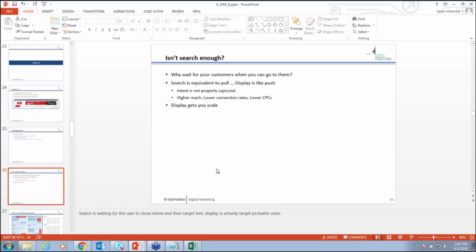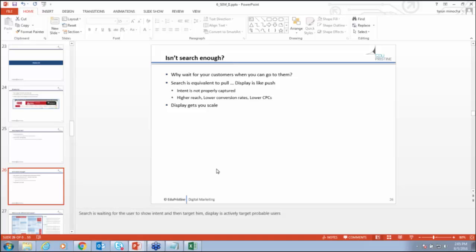So as a marketer, if somebody tomorrow comes to me and asks, should I go for a paid search campaign or a display campaign for a new product launch? The purpose here is, if I only have to create awareness, if I just want to create some awareness around my brand,